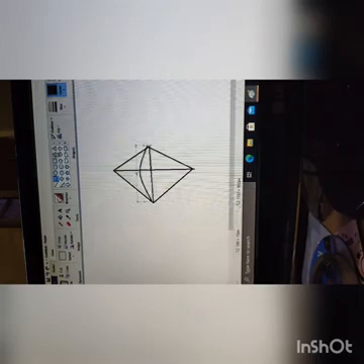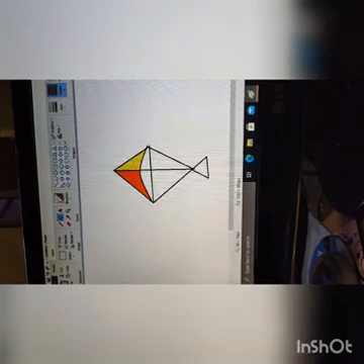Now the tail, here again I am clicking and again I am joining it. You can shift it also. With the fill tool I am giving color. Try to draw it better than me.